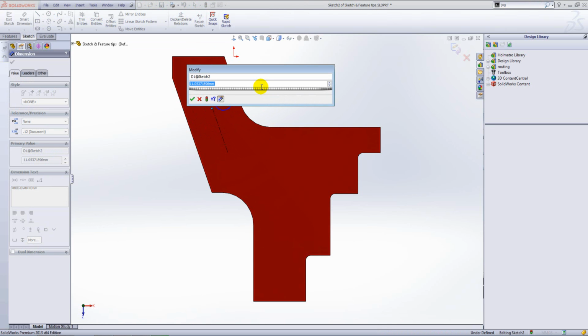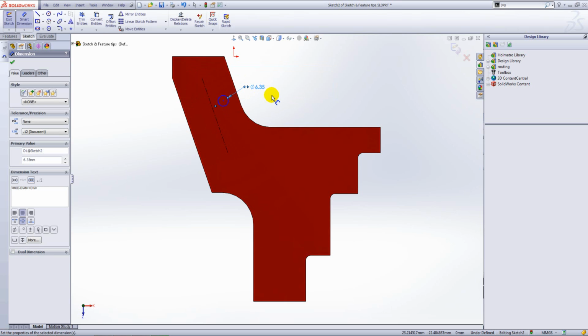Within the modify box of the dimension, we're currently working in millimeters, but if you want to switch between metric and imperial on the fly, you can just type in the unit system after the dimension. So I've just typed in 1/4 inch there, and you can see live it converts it to